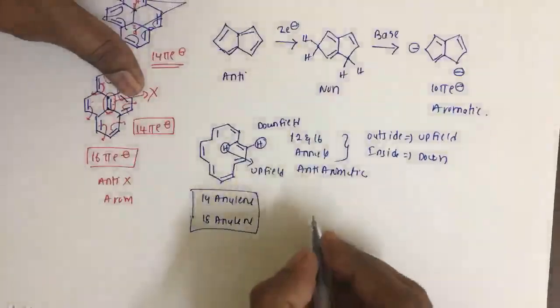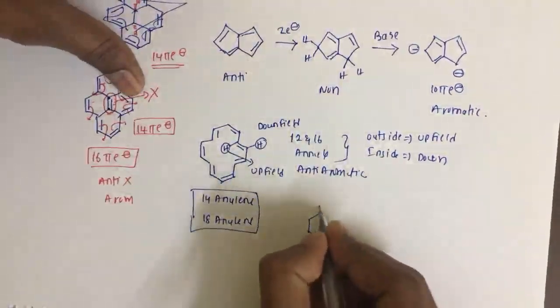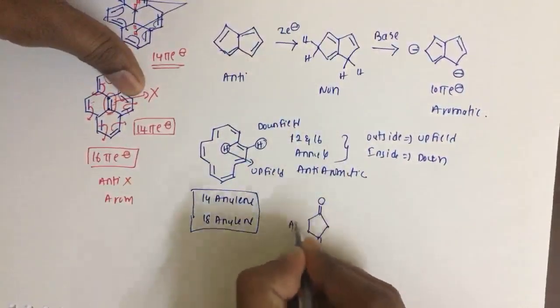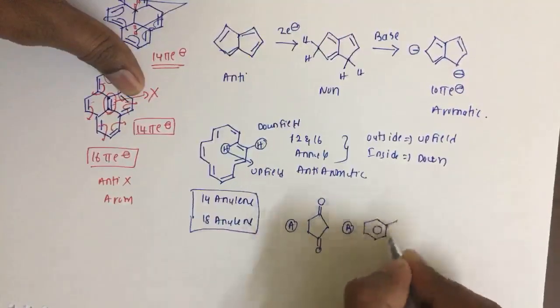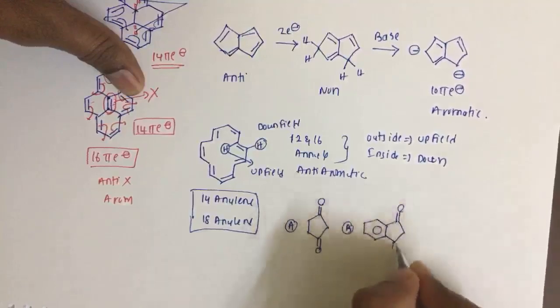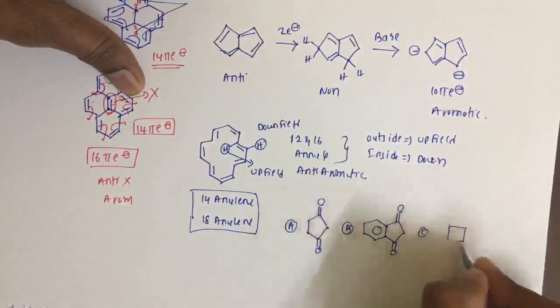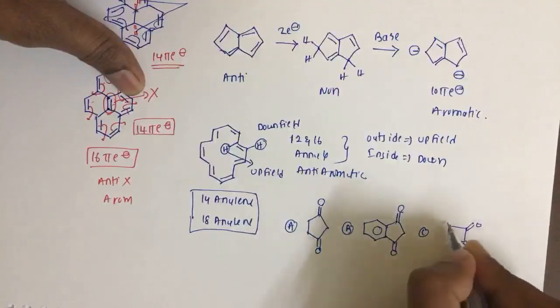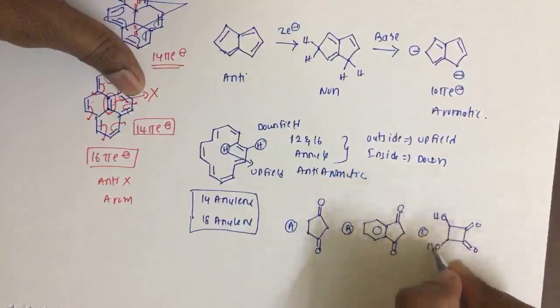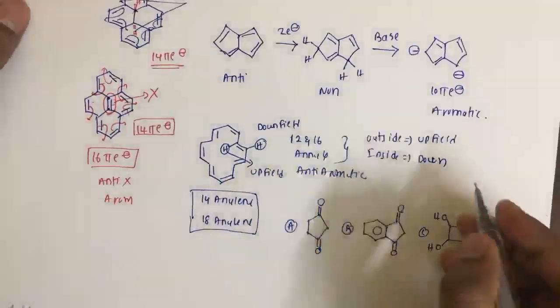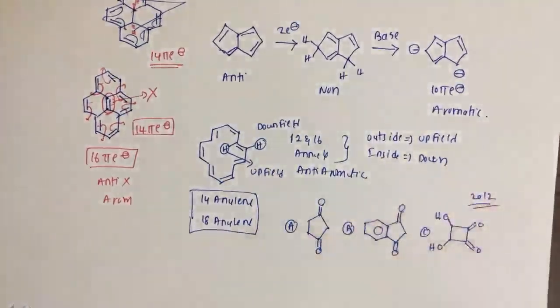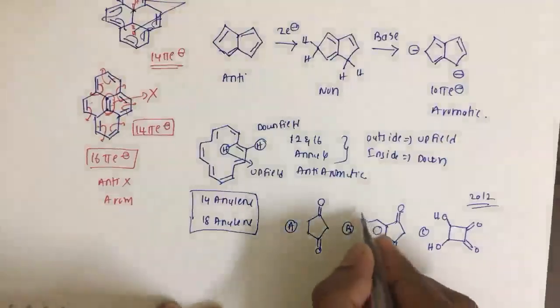One last question we have here. This is A, this is B, this is C. Among these three, they asked which one is more acidic. This question was asked in December 2012. So this will be least acidic,